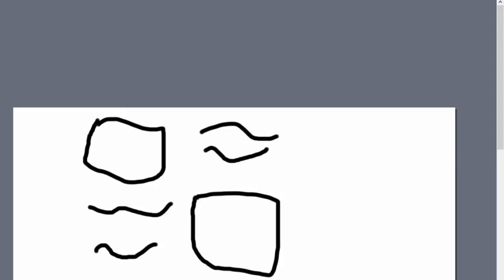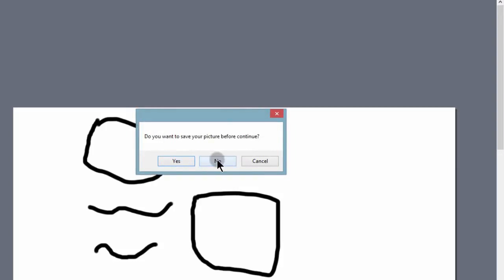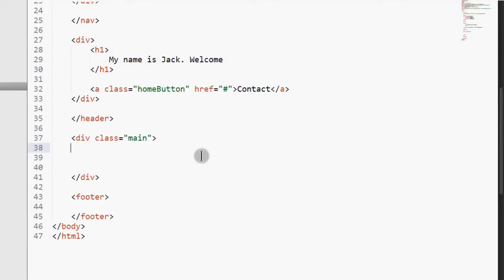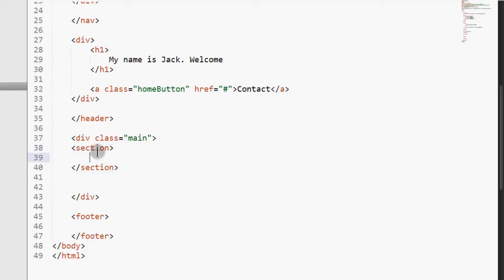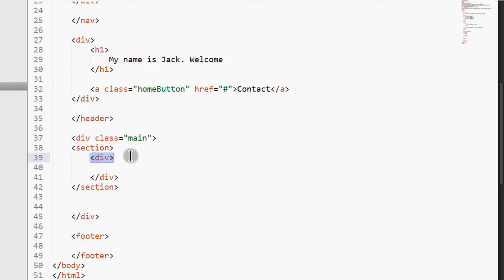So if I close this, no, let me group these in sections. Okay, so the first section, I'm going to have an image on one end, and then I'm going to have text on another, and I know I can just divide them using a div, using two divs. One div will be on this side, on this end, and the other div will be on the other end. So maybe this div,